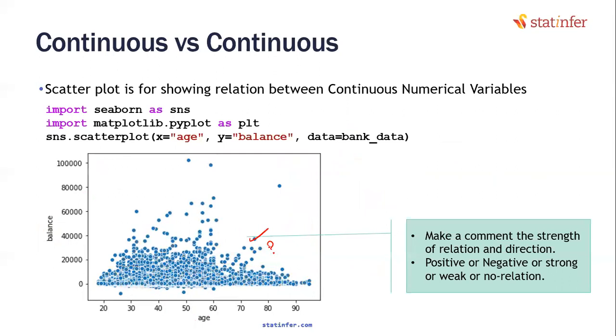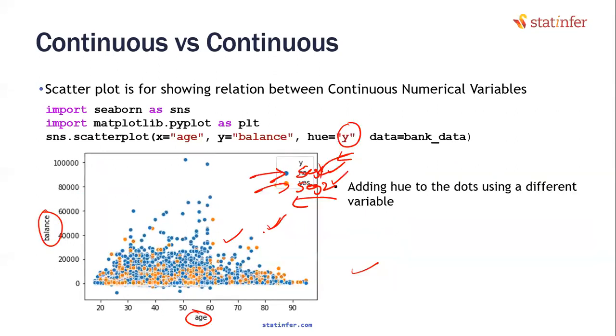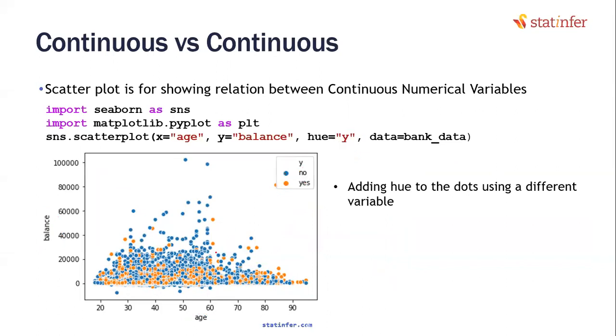Is there a particular segment that is very differently related? If there is one, then that will get highlighted here. How do you know whether this has no impact at all? Because you see that the blue and this orange or amber color is totally mixed.